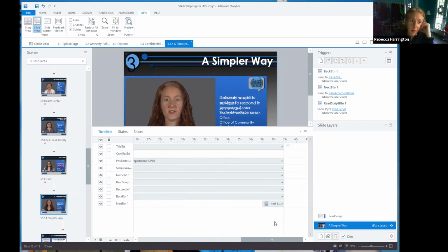The other thing you might want to consider as you're going into the testing phase is that you might actually want all of your next buttons to exist through the whole thing. If you need to test things, it's going to slow you down: if you have to wait for every 30-second video to play to test the whole module, now you've added minutes to your life of waiting for this thing to play through. So I'm getting ready to revamp for my fall 2020 deployment. So probably what I will do.